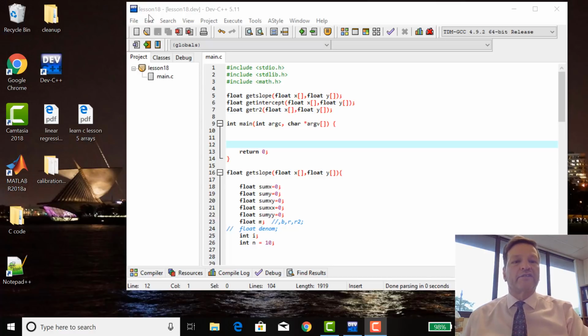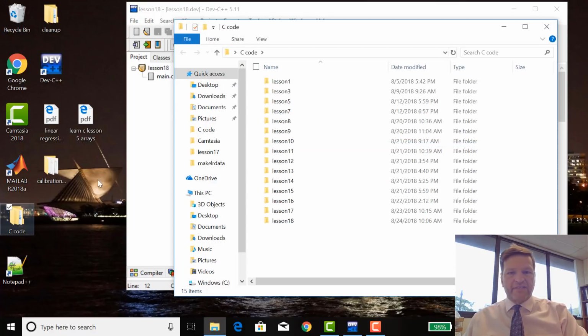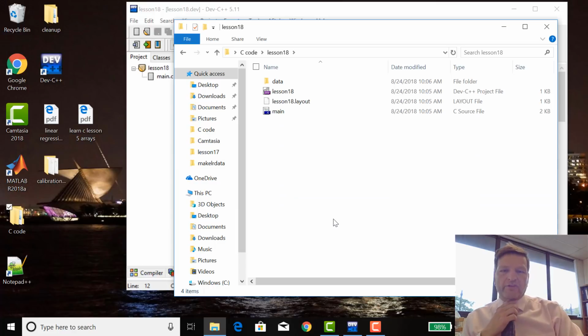I've already made project lesson 18 in here, and what I've done is I've copied all of lesson 17's program into lesson 18, except I've erased the main. So we're going to start with an empty main, but we have the get slope, get intercept, and get r-squared subroutines. Cool? And then also what I've done is I've made a directory called data,